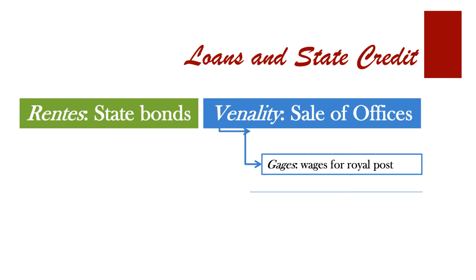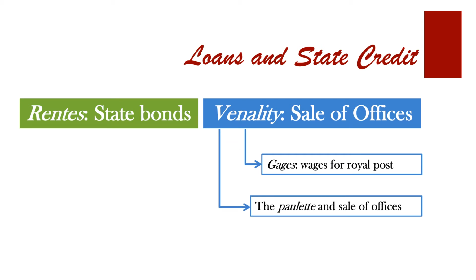For even more money, the monarchy eventually allowed venal office holders to purchase a paulette, which was a right to bequeath their office to their sons. This fixed the income in the family and essentially guaranteed that the loan would pay off. As you might suspect, there were problems with this system of revenue collection as well. And to explore this a little further, we're going to turn to Card Shark Watkins.